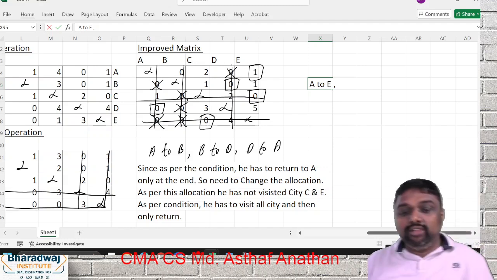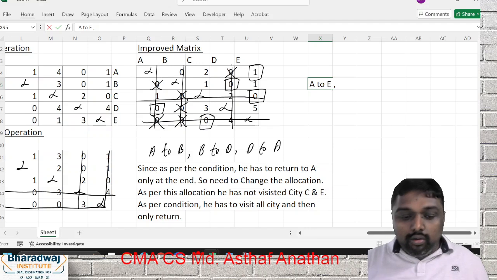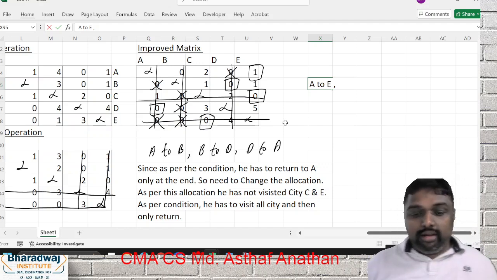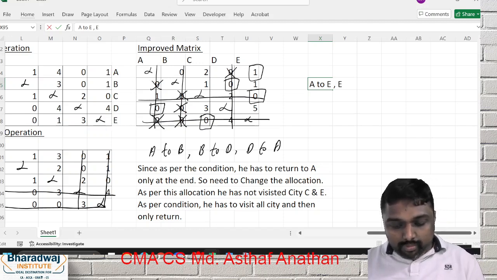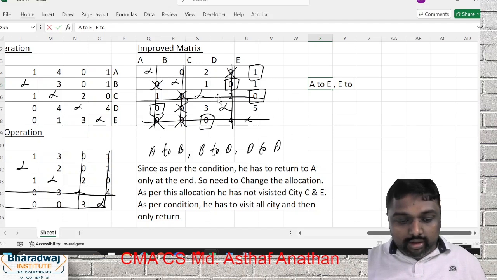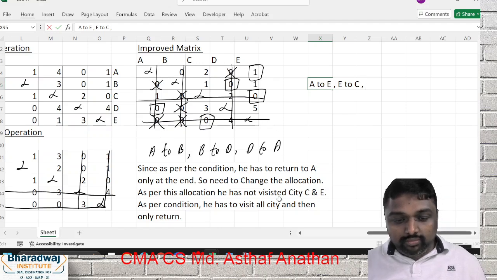Now see, my dear friends, what happens. A to E is gone. Now you just listen, friends. Now everything is going to happen. If A to E is gone, we are going to change the numbers. What will be the effect? Now A to E is gone. Next, where is the E? From E you will go to where? You just see. E you will go to C.